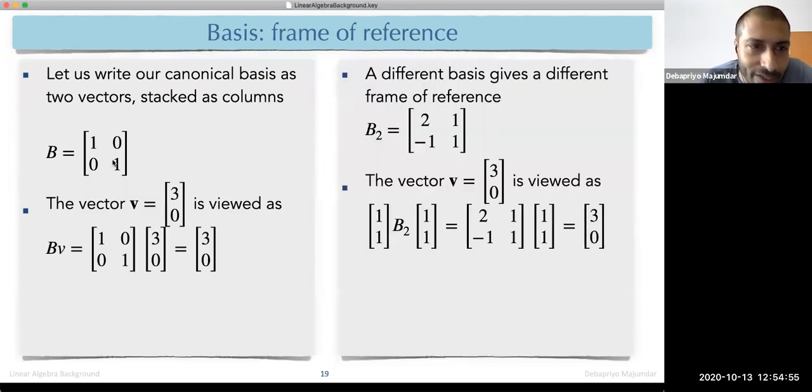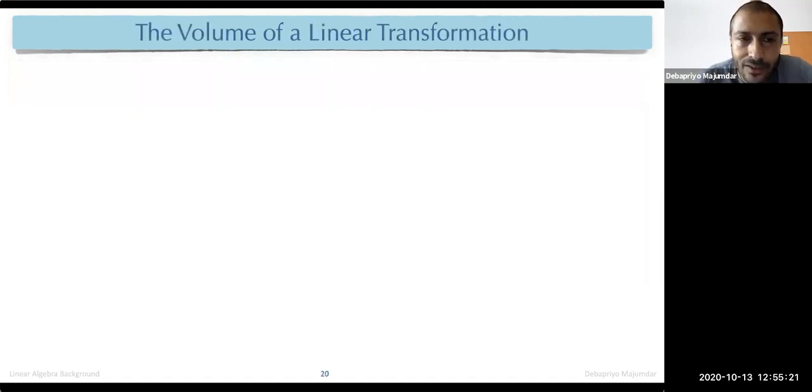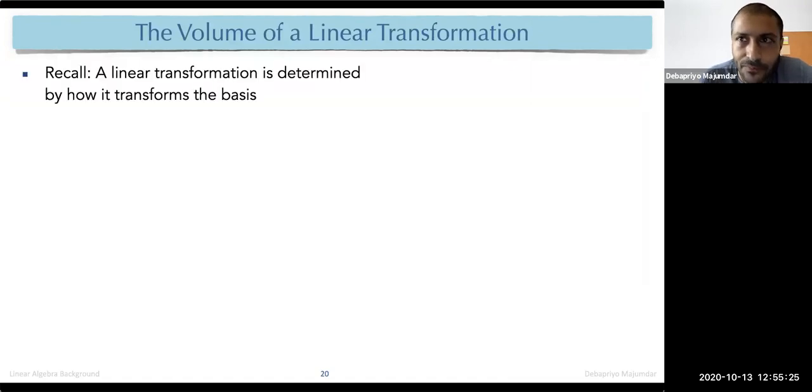So what we did is, if we had this, we multiply with this transformation, we get this, right? So some transformations can also be seen as a change of basis if we stay in the same dimension. Because the original data points remain the same, the people remain the same, we just see them differently. So that is the main point here. Okay, so let's quickly look at the volume of a linear transformation.